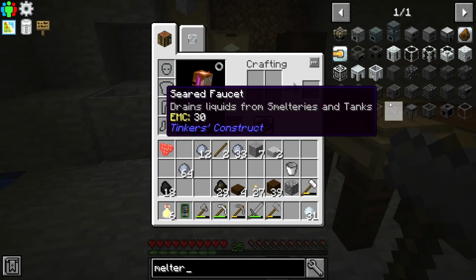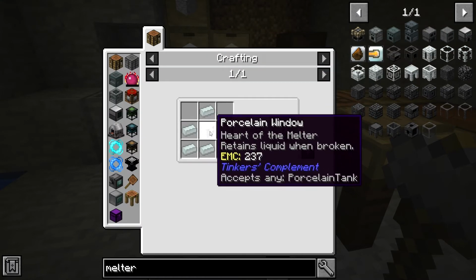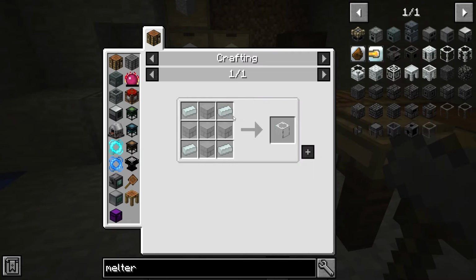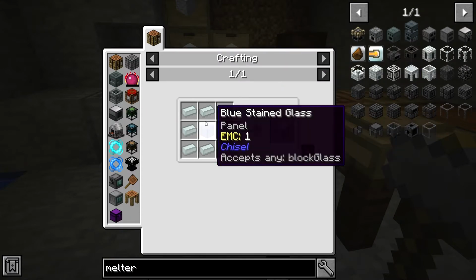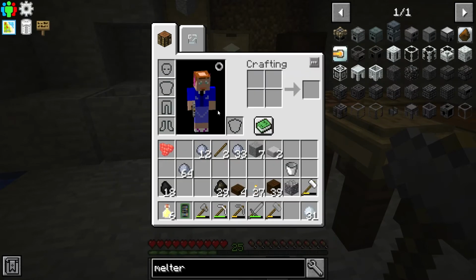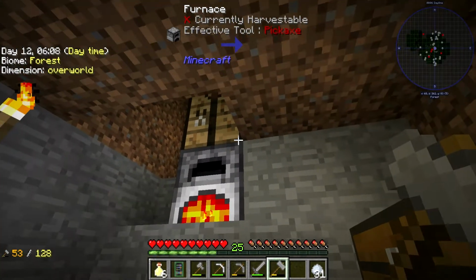We need this thing. It's the porcelain melter, which is a porcelain tank or window or gauge. Oh, that takes a lot of glass, doesn't it? Porcelain bricks. That one only takes one glass. Oh, that's okay. So we can do that one. That is an option. If we grab our glass out of there,